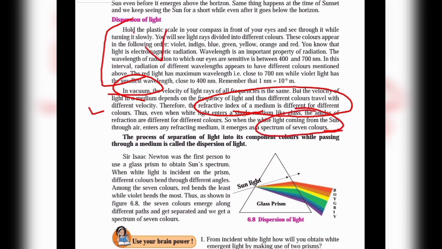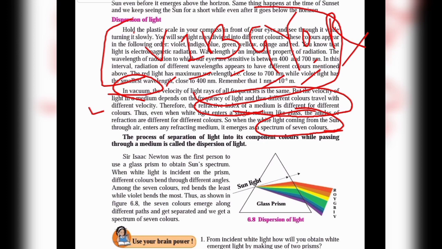Everyone knows that we use a letter or a keyword, that is VIBGYOR. How many colors are there? Violet, indigo, blue, green, yellow, orange, and red. All are the 7 colors that are given here in the spectrum of 7 colors. Here VIBGYOR is also shown. That is called the keyword of that.